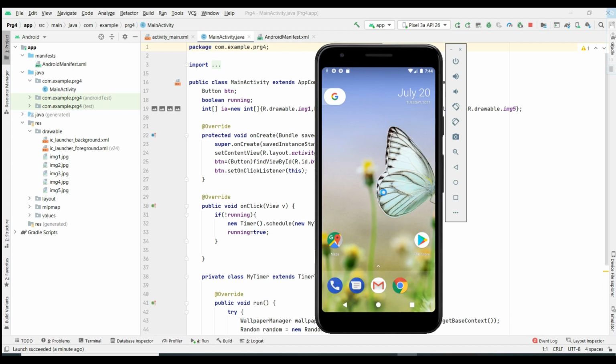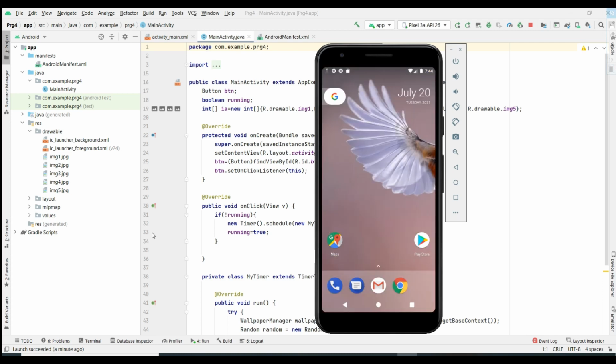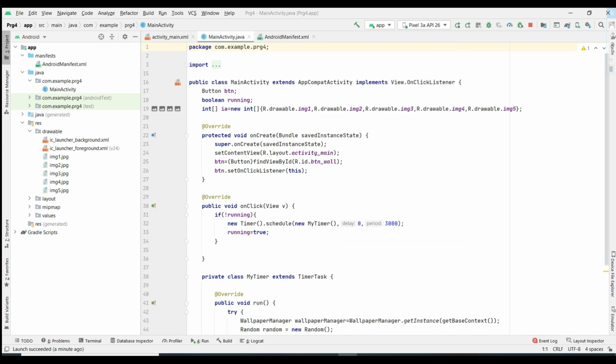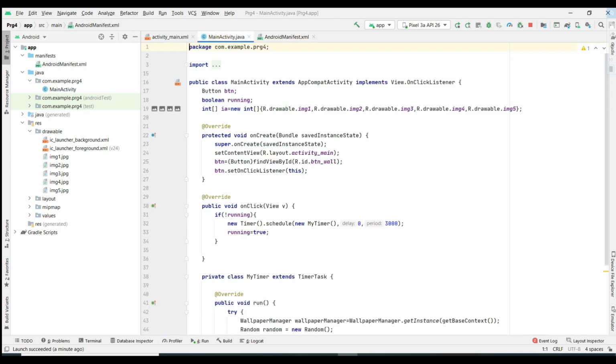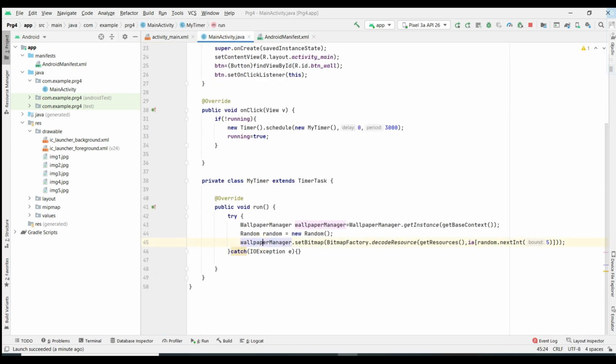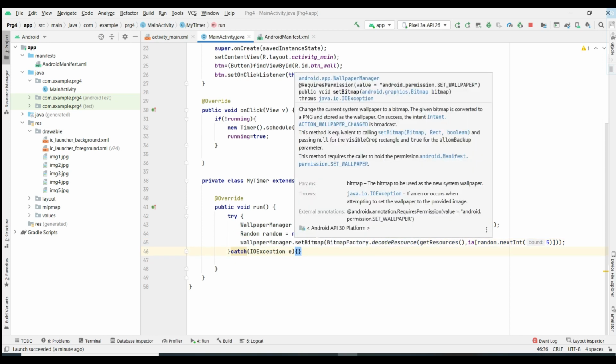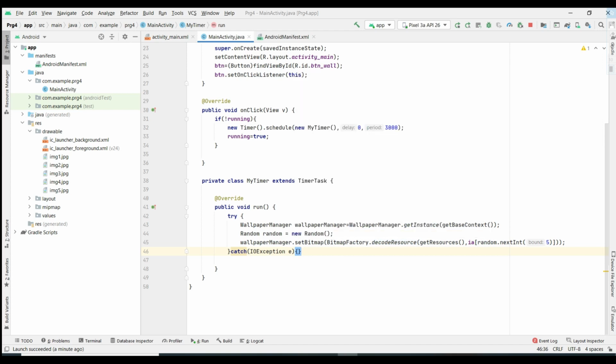So this is how we are going to do the wallpaper application, and the important thing here is you need to give the permissions properly. So in the Android manifest file, this should be there, uses-permission android:name. If you don't have this, once you have typed this line, that is WallpaperManager, to retrieve the resources and to change it randomly, you're going to get an error, that is, it throws an exception for us. If you look here, it is going to throw us the error, right?